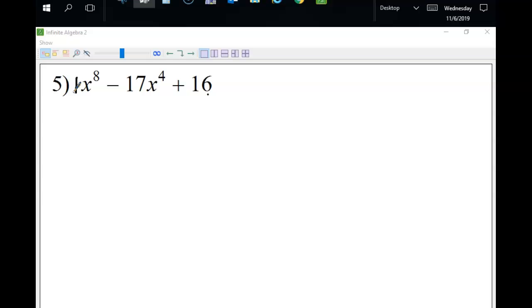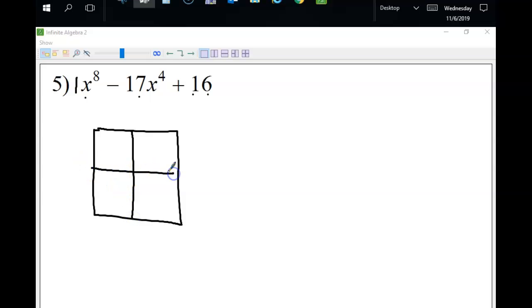So there's no GCF. Okay, but it does have 3 terms. Anytime you've got 3 terms or 4 terms, you're going to start with the box method, but when you've got 3 terms, the way that works is a little bit different than the one with 4 terms. When you have 3 terms, the first one goes here in the top left, the last one goes here in the bottom right, and 3 terms is harder because we're working with a lot less information than when we have